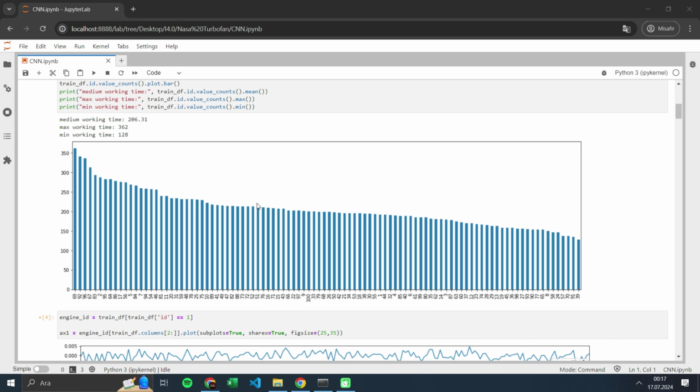Each bar represents the total number of cycles for a specific engine before it fails, and the heights of the bars vary significantly, indicating that some engines last much longer than others before failure. And the printed output shows the mean working time of approximately 206.31 cycles, which is the average number of cycles across all engines. This value provides a central tendency measure, indicating that on average an engine lasts about